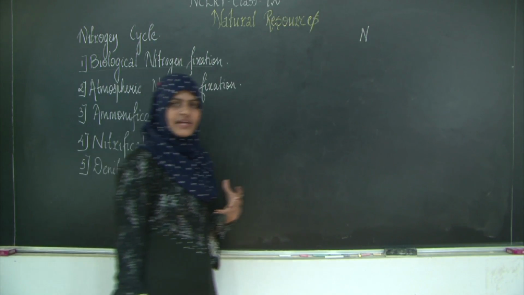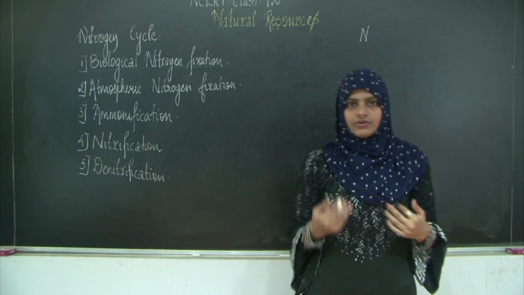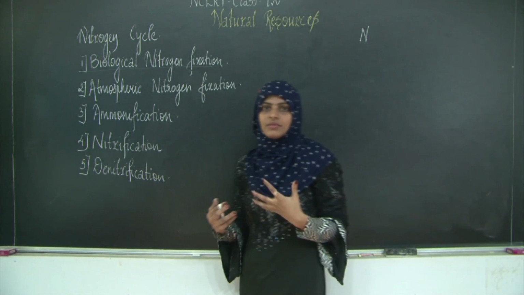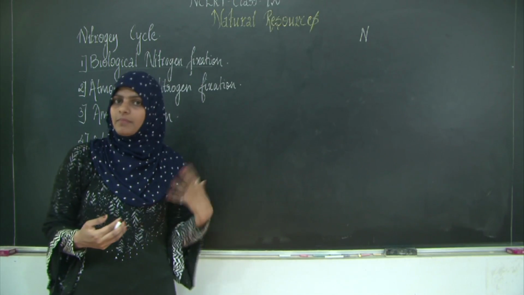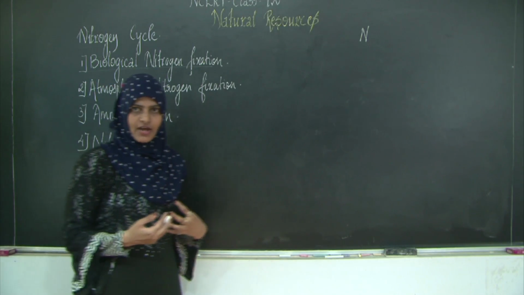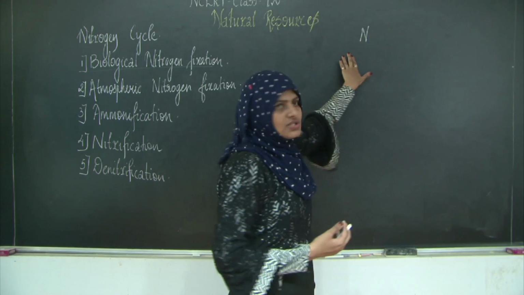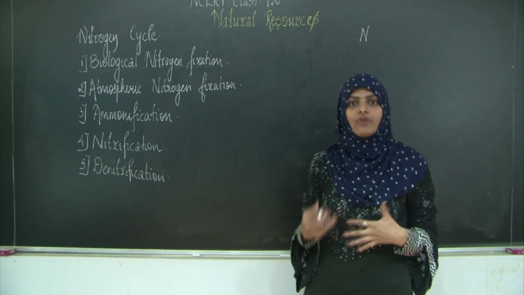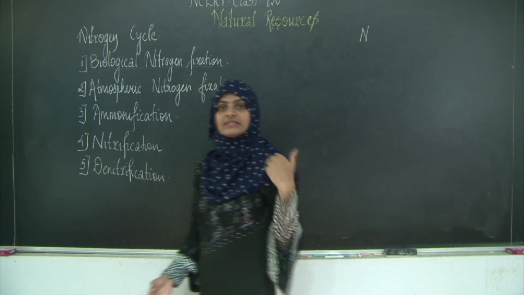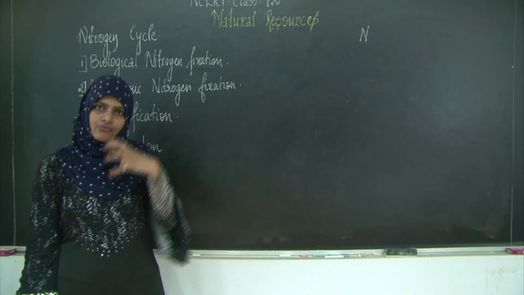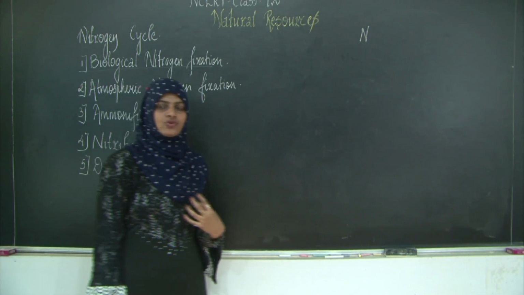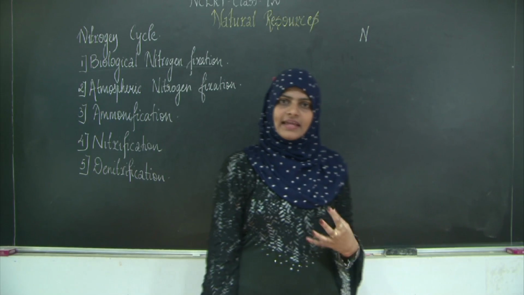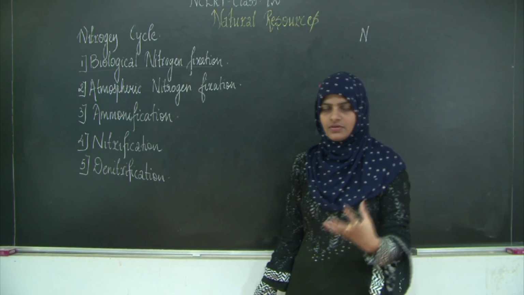What is biological nitrogen fixation? We all human beings, plants and animals generally take in oxygen, or plants during photosynthesis take carbon dioxide as a gas. This nitrogen cannot be taken, right, but a few of the plants like leguminous plants take this nitrogen as their food. They take in the nitrogen for preparing their food